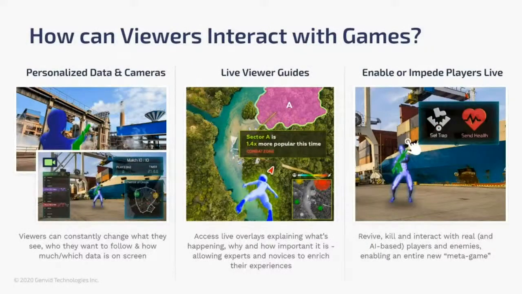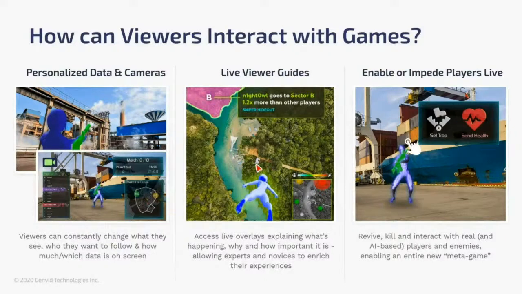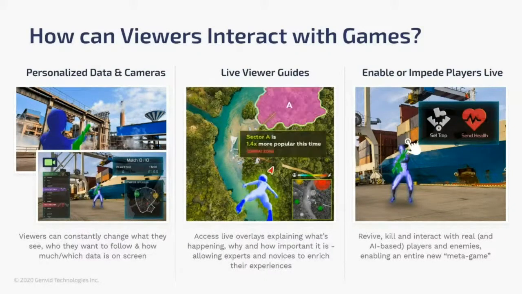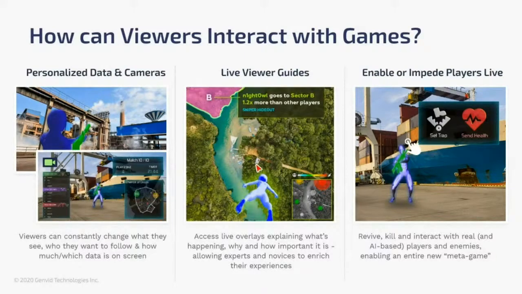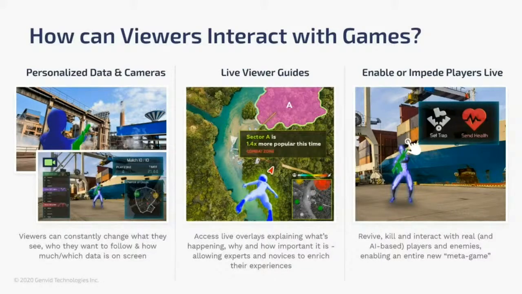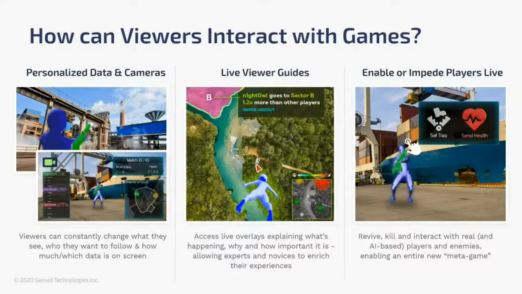So, how can viewers interact with games? On the left here, you've got a bird's eye camera. You've got different camera angles and maps that can be toggled on and off to provide viewers with a big picture or maybe create more of an in-stadium type feeling. Likewise, data can be displayed, and it's very common with sports broadcasting where you pull up different tables and leaderboards and this sort of thing.